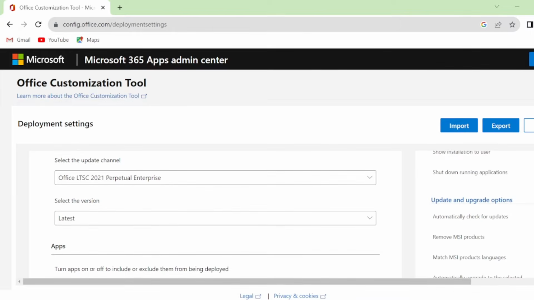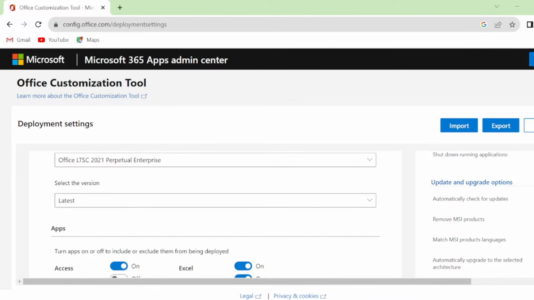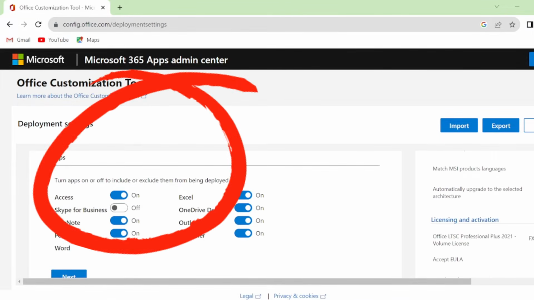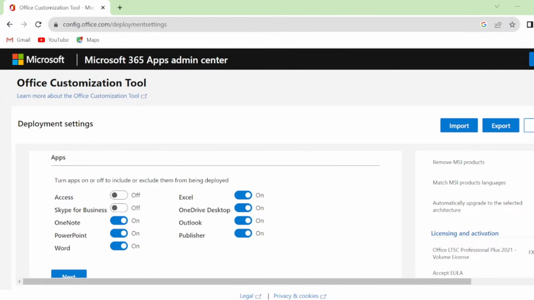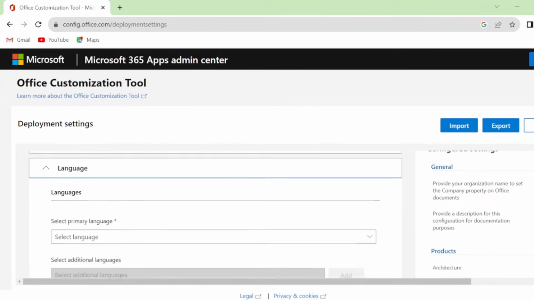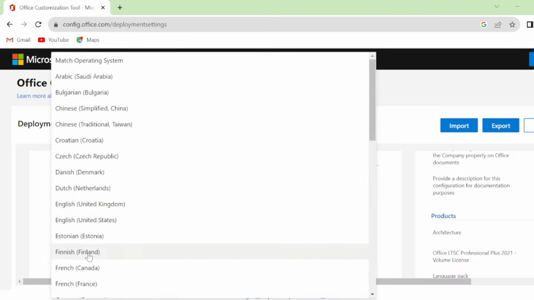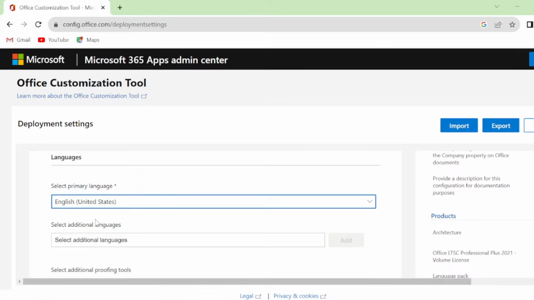And then when you come here where it says Apps, it says 10 apps, on or off, to include or exclude them from being deployed. So if I don't need Access, I'm going to unselect this one. If I don't need Skype for Business, I'll unselect. Or if I don't need OneNote or PowerPoint, I'll unselect. In my case, I do not need Access, but OneNote, I'll leave it. When we go to primary language, I'll select English United States. So you can select the language of your choice